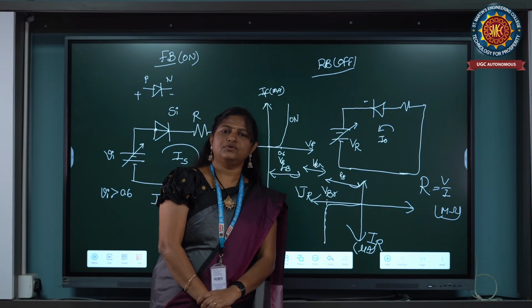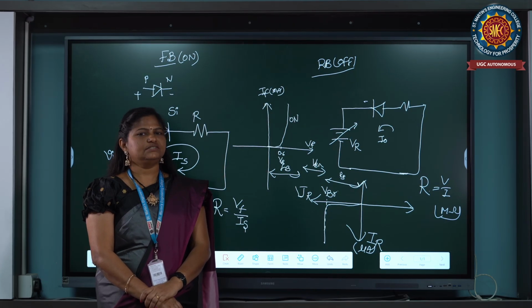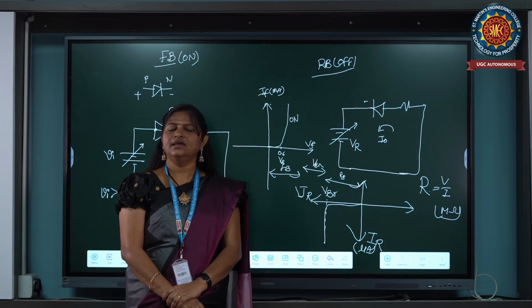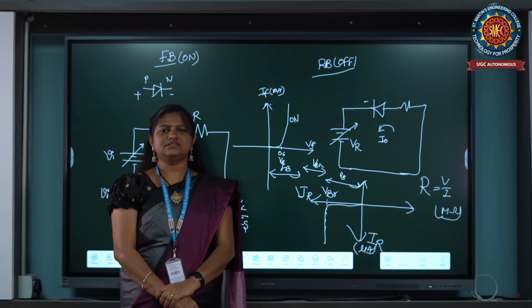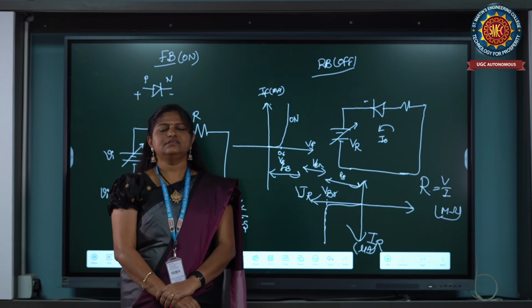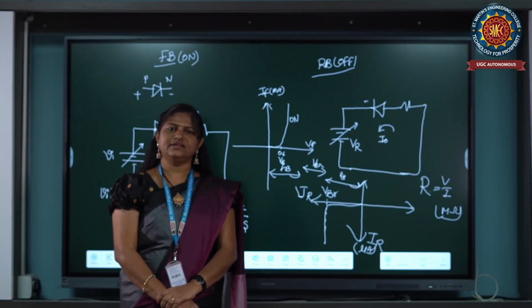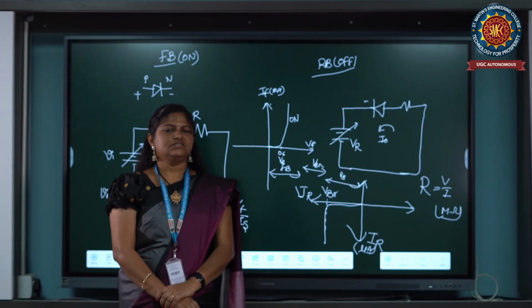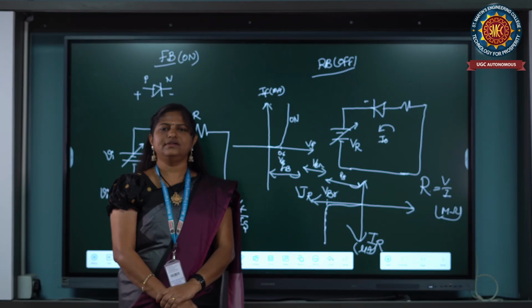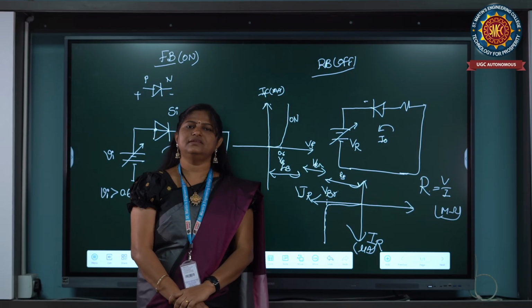And we can also use a photodiode. A photodiode converts light energy into electrical energy. It takes the light and converts it into electrical energy, in the form of voltages. And it operates in the reverse bias direction. We can also use diodes in solar cells. A solar cell operates on the photovoltaic effect. That means it takes the energy from the sun, that is light energy, and converts it into voltages like 0.3, 0.4 or 0.7, depending on the material we are using.